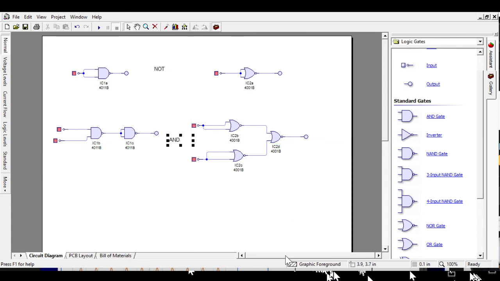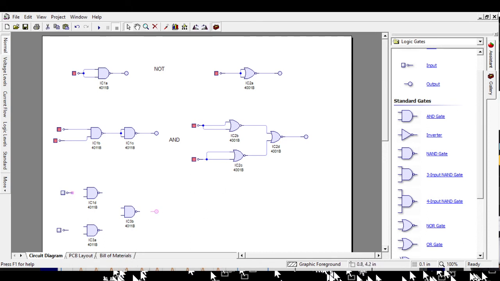Now let us make OR gate. So let us first use NAND gate to make OR gate. It will be similar to the previous example. We will use 3 gates and we will connect it similarly. We will need 2 inputs and one output.